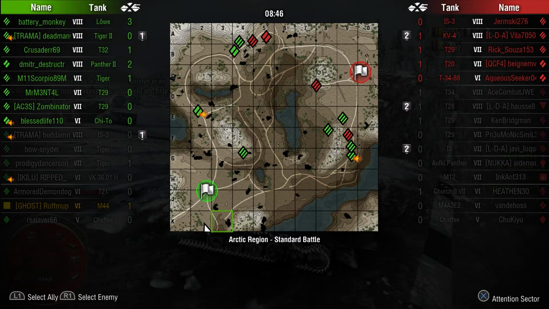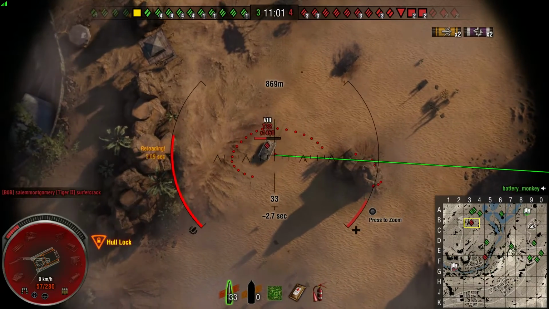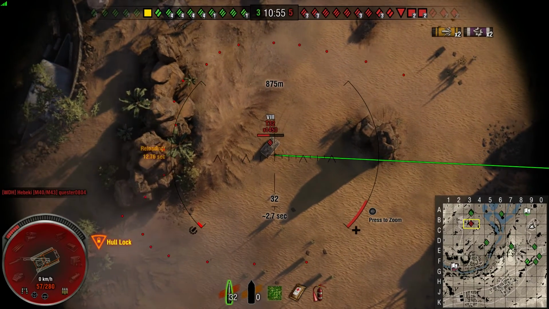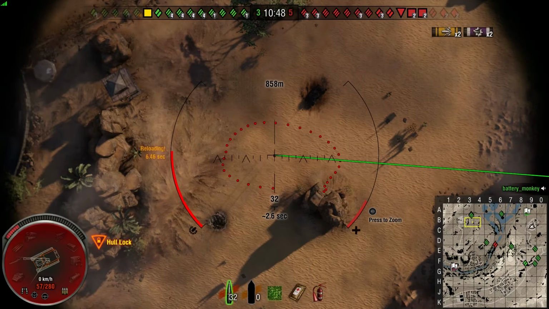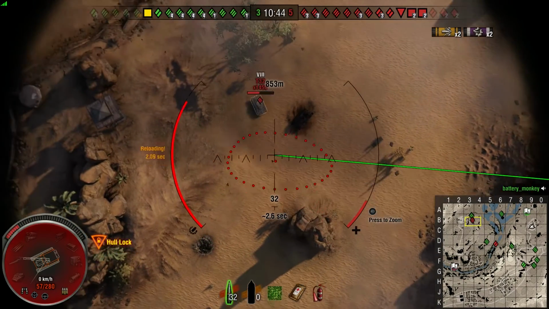And also, generally, they take a little bit more damage on the side, so it's a little harder to track them as well sometimes. So especially in a tier 8 game where we're a tier 6, it is definitely something we want to come in from the top, where they're the weakest on top of their tank, and do as much damage as possible. In this clip, I'm actually going after a T-82,